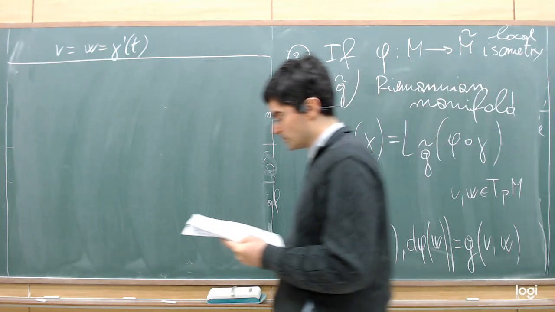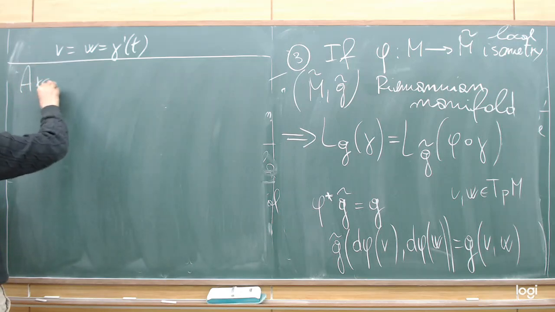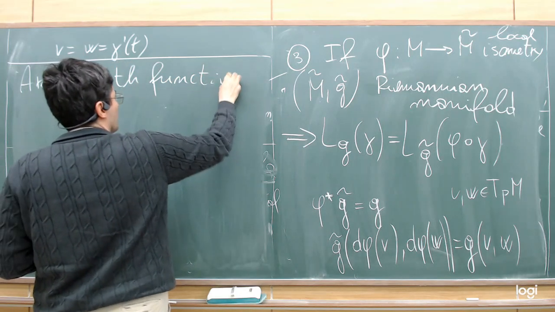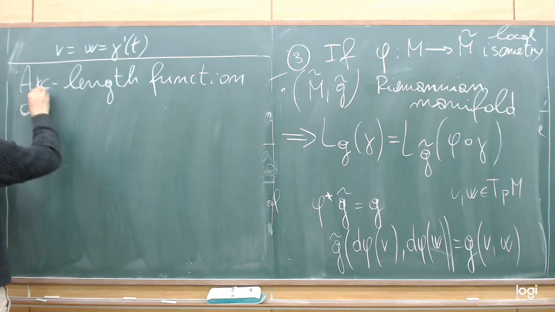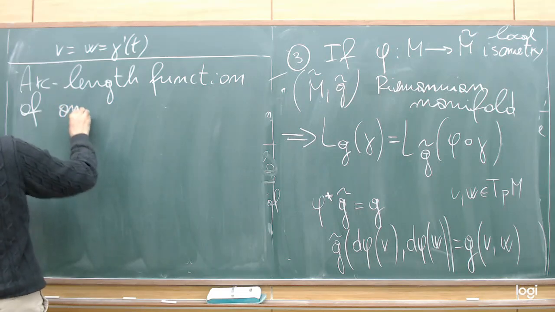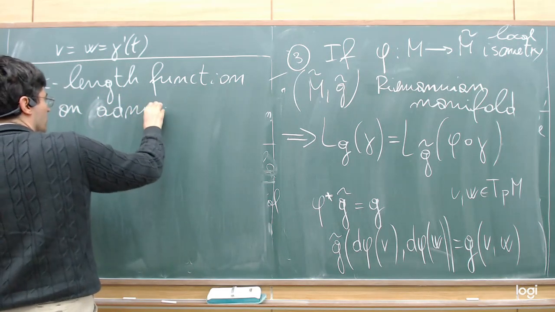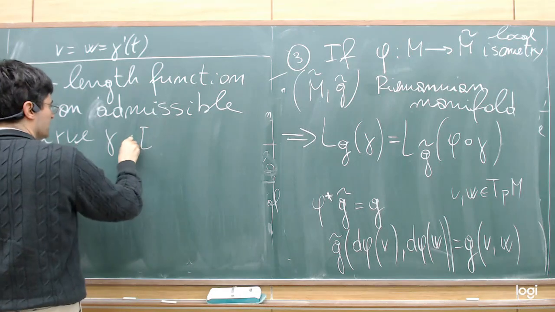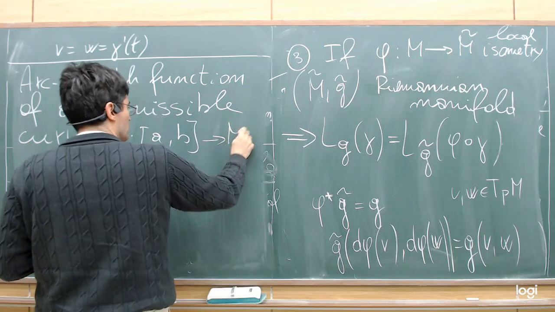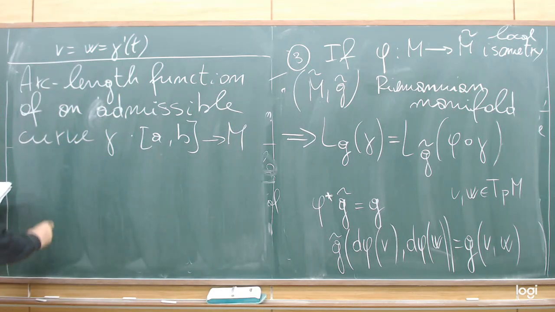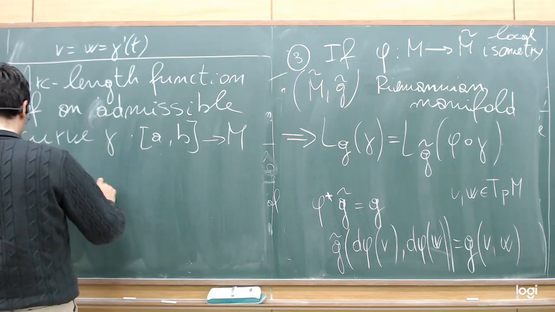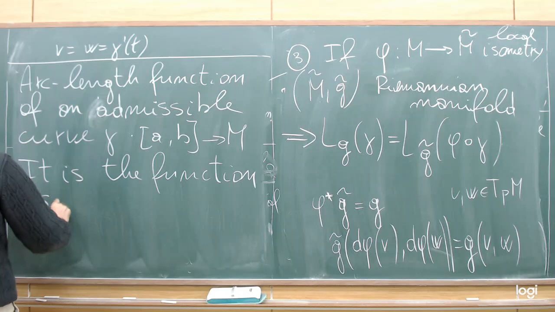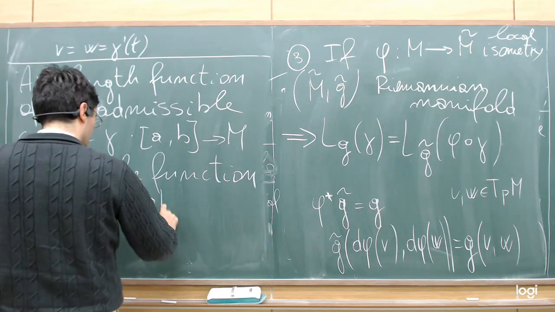Okay, now let's give the definition of the arc length function of an admissible curve gamma defined on the closed interval AB with values in M. So this is the function S from AB into R,